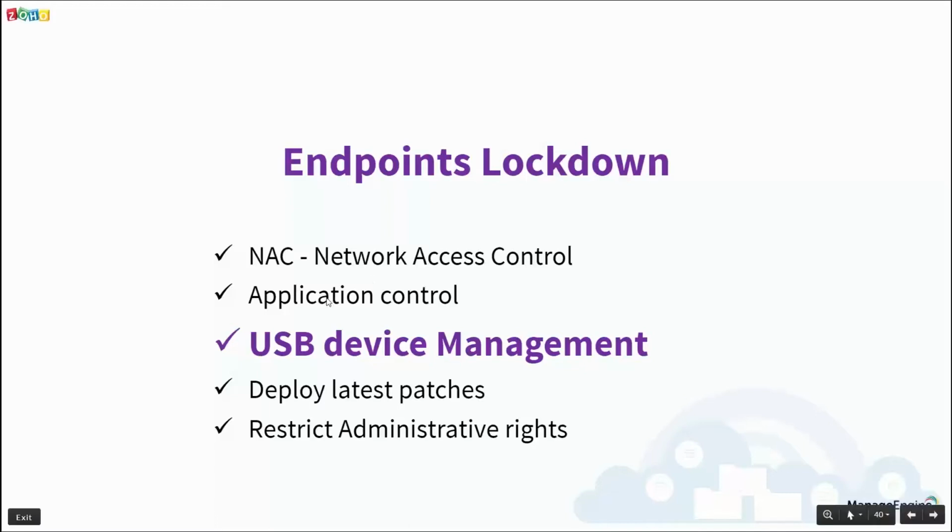And again, we have application control. You can define which applications need to be whitelisted or blocklisted. That can also be done with the help of Desktop Central. We also have an option to block external hard drives or thumb drives, or you can define which devices need to be excluded. That can also be part of endpoint lockdown. We will see in greater detail how we can deploy a USB configuration to the end user's machine.